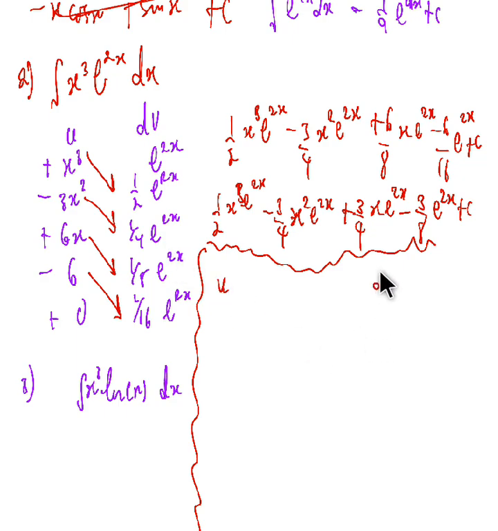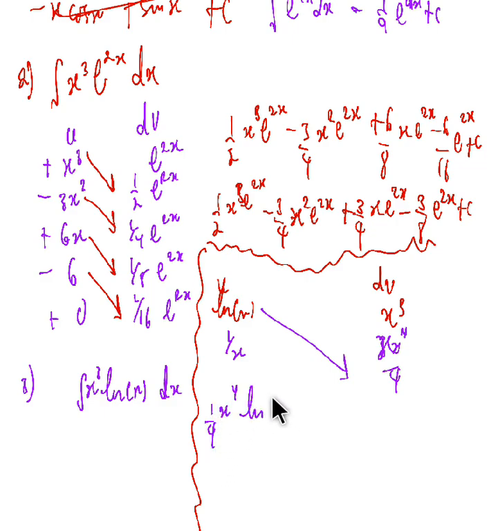U then dv. So let's differentiate ln x and then let's integrate x cubed. If we differentiate ln x, we have 1 over x. Then if we integrate x cubed, we have x raised to the power of 4 over 4, sorry. Then you multiply. So ln x multiplied by x to the power of 4 over 4, we have 1 over 4 x raised to the power of 4 ln x, then minus, don't forget, using the formula uv minus the integral of v du,